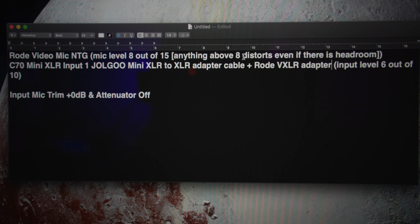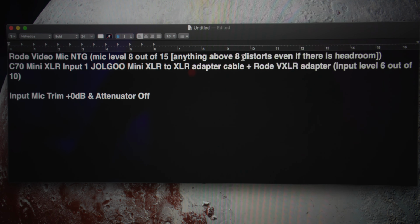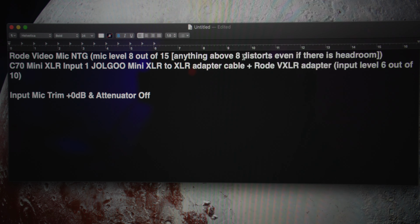Cable. Okay, now we are running with the Rode VideoMic NTG set at level 8. Yeah, level 8. And if I go above level 8, I still get distortion, even if there's headroom. I think that's just kind of an issue with this Rode VideoMic NTG. It just self-distorts inside of the unit, although the EOS R somehow keeps it clean just for a few clicks higher